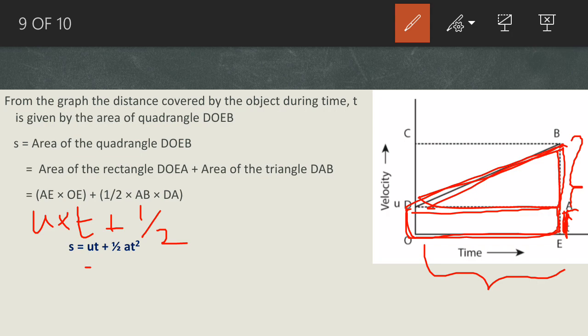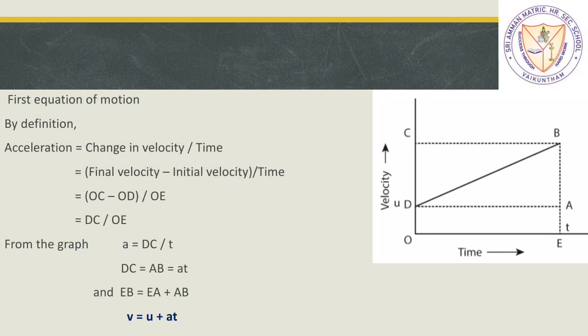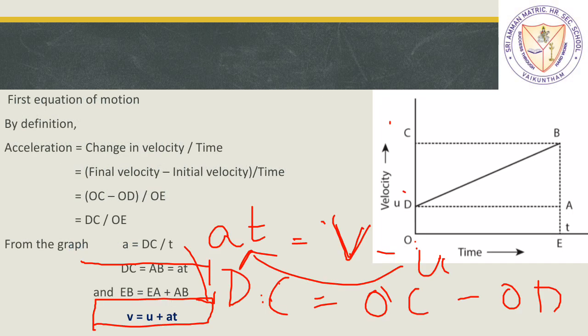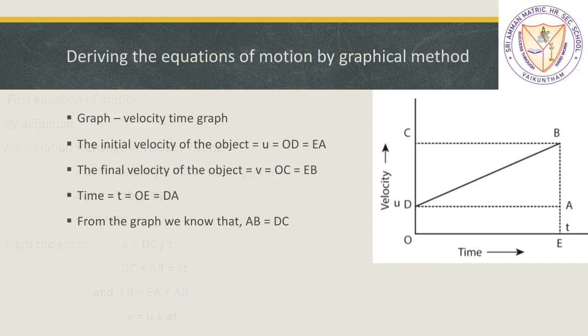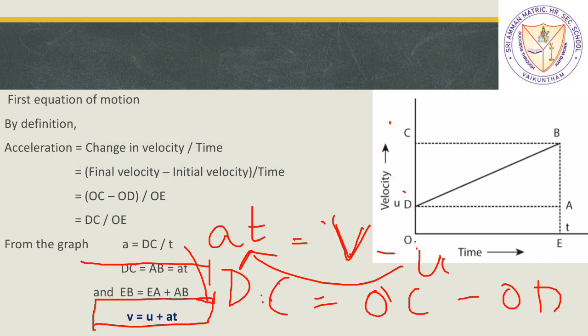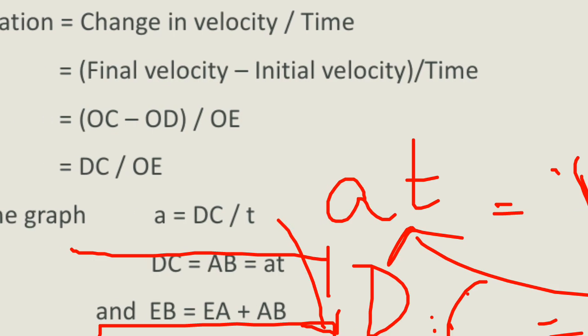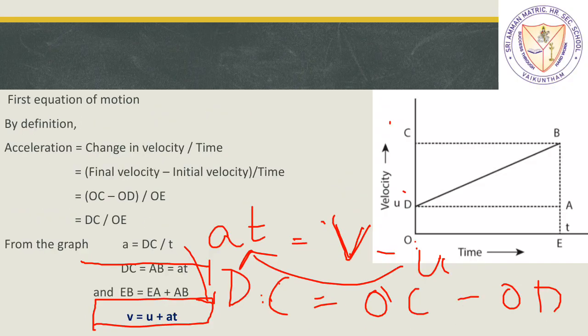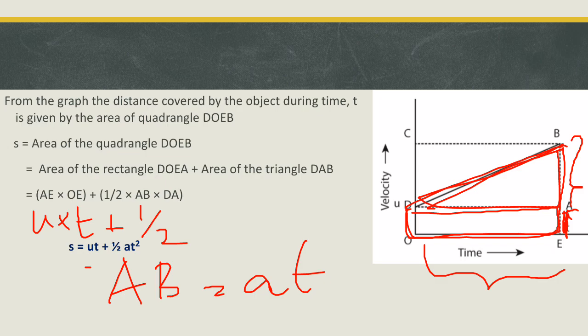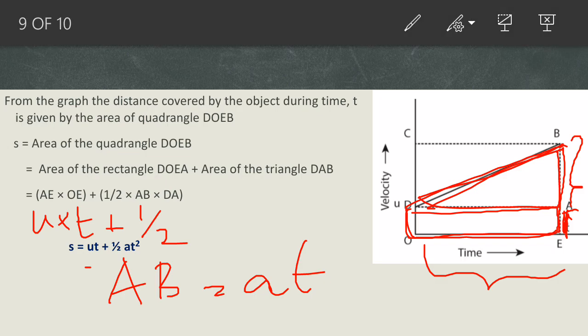You remember AB was written as AT in the previous slide when we dealt with it. AB was written as AT here. Here can you see DC is equal to AB, which is equal to AT. So same here, AB can be written as